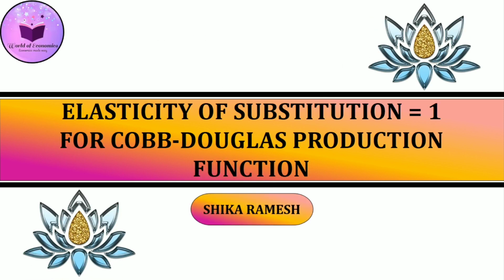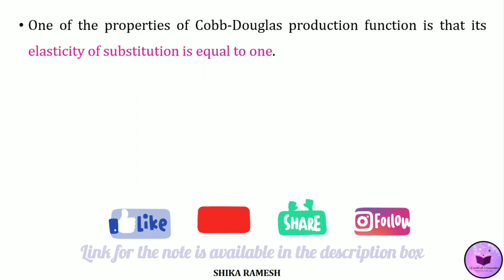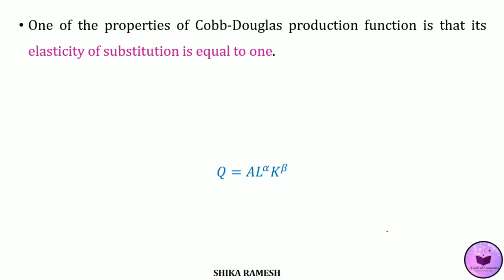Hello friends, in today's video, we shall see the mathematical derivation of a Cobb-Douglas production function for which the elasticity of substitution is equal to 1. This is also one of the properties of Cobb-Douglas production function. We know the general form of a Cobb-Douglas production function is Q is equal to A L^α K^β, and